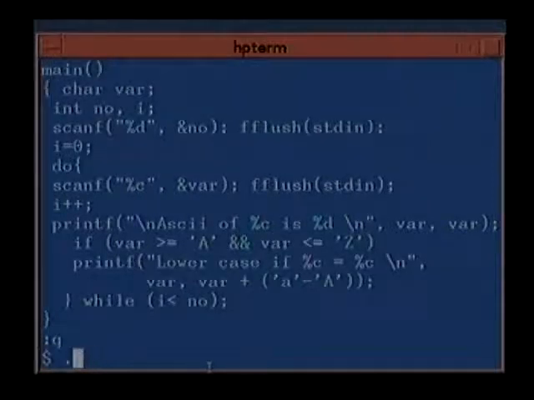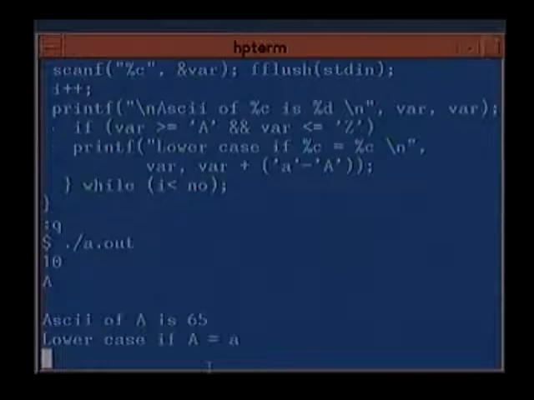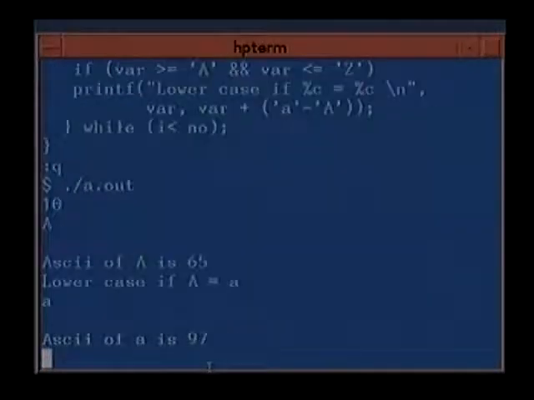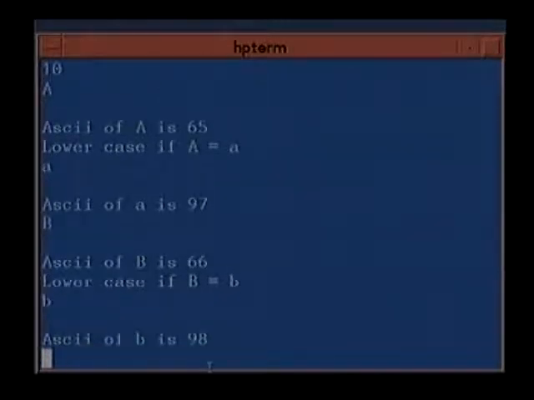So this is how we got the lowercase. If A is 65, small a is 97. Take B and small b. The difference you will get is 32, because the difference between lowercase a and uppercase A is 97 minus 65, that is 32, and you just add 32 to 66, which will give you 98. So this is how you can get the ASCII values.